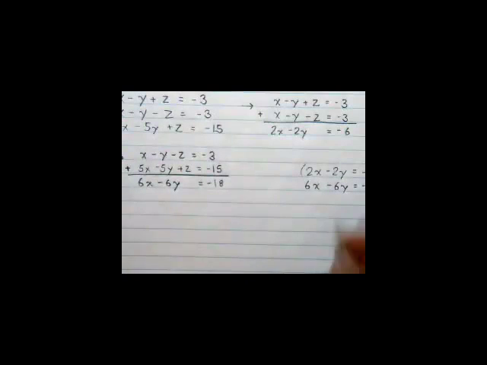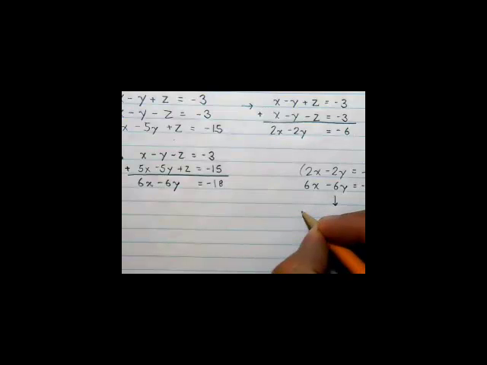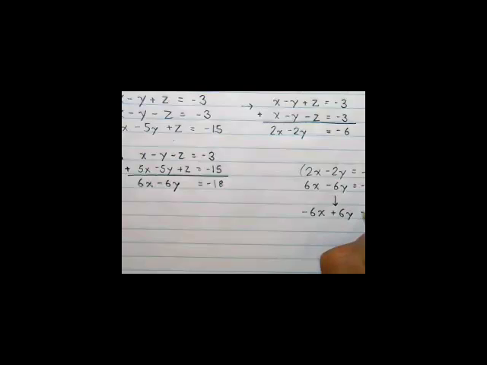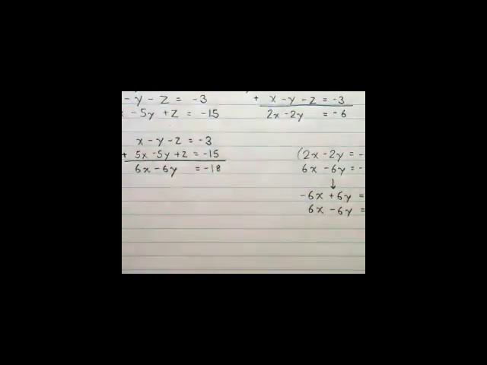Okay, so then that's going to give us a new system now. Negative 6x plus 6y equals positive 18. And then the bottom one is 6x minus 6y equals negative 18. And if we add those together,